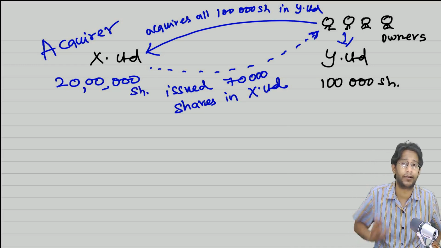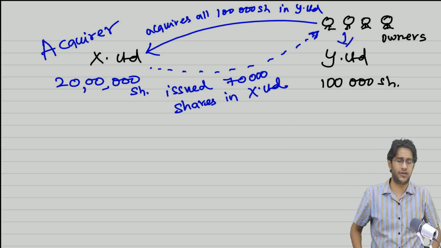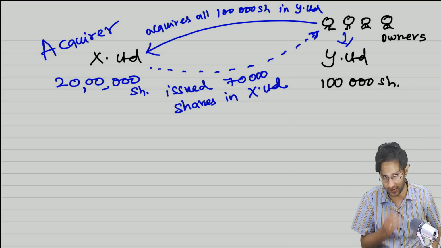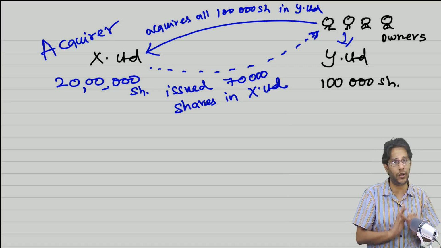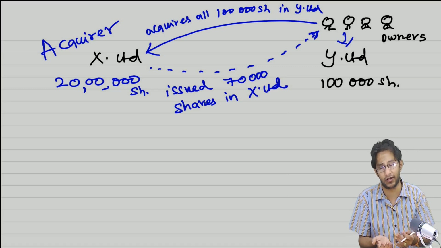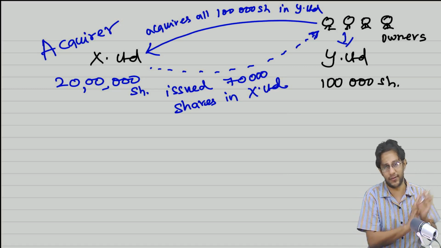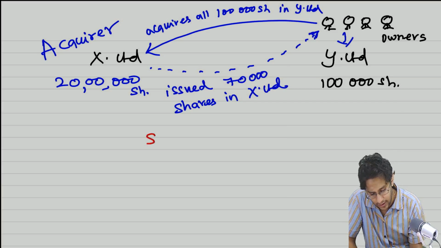So why am I writing X Limited number of shares? Again, don't think that it will become a reverse acquisition case. That's not the case I am discussing right now. Normal acquisition only. X Limited only obtained control over Y Limited, but PC is paid by our own shares. But what I acquired is also shares. So this is called a share to share exchange.